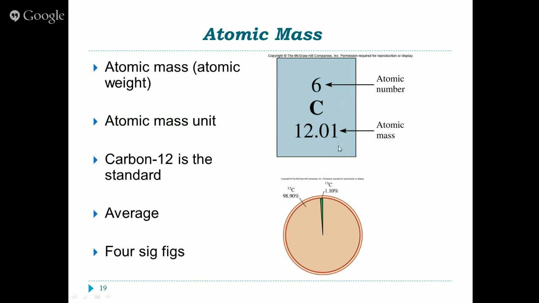So here's a nice little block representing carbon. It's something that we would see on a periodic table. Atomic number listed at the top, which once again tells us that carbon has 6 protons. Every carbon atom has to have 6 protons. If it's neutral, it has 6 electrons. And we do not know how many neutrons a specific carbon atom has.